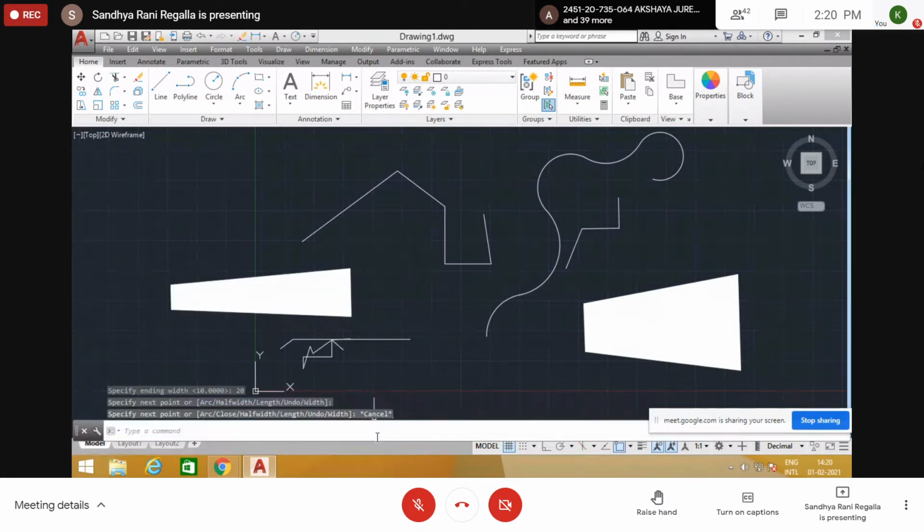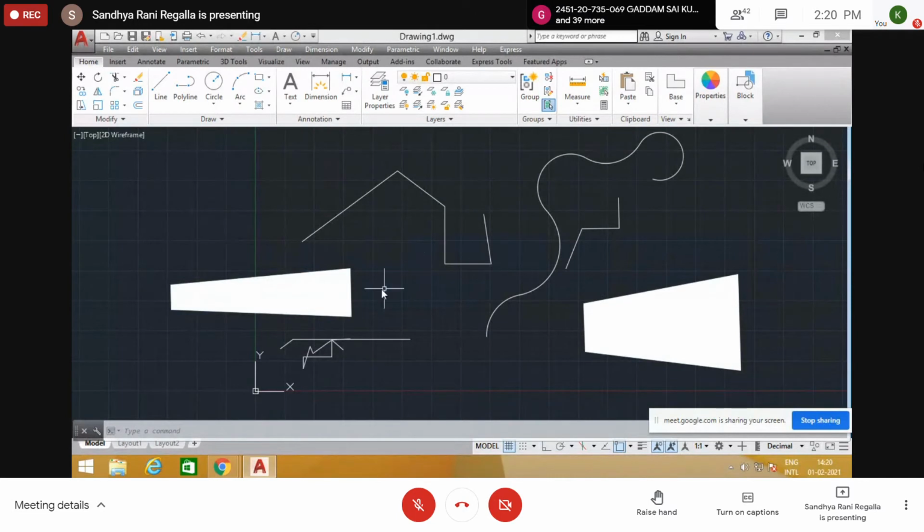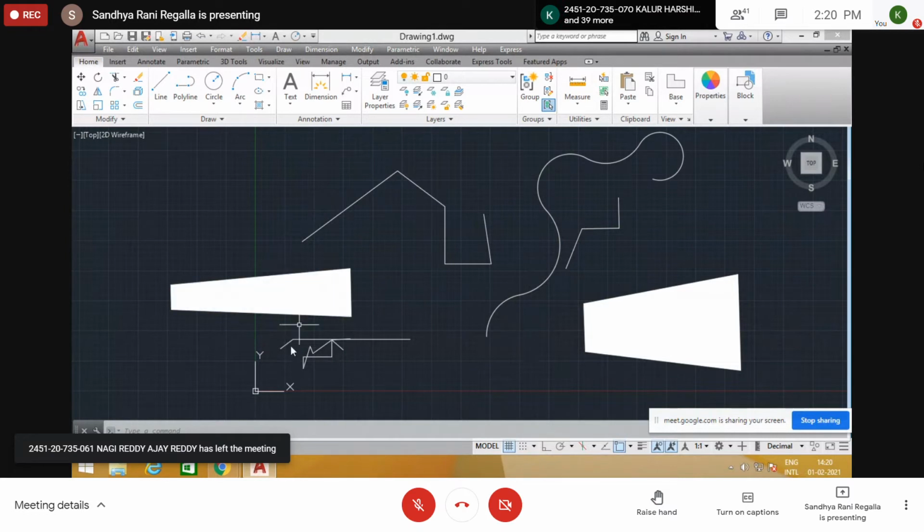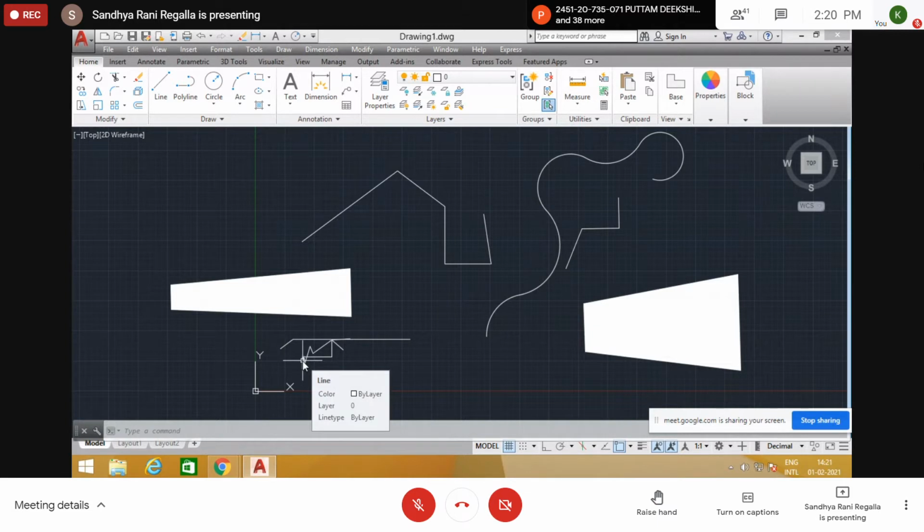See the difference. With half width, if I give 10 and 20, we get 20, 40 here. This is the full width option. So 10 and 20 I have given, we get only 10 and 20. This way also we can draw. It depends on the drawing. Depending on the type of drawing, we use these options. Otherwise, these width options are not required.